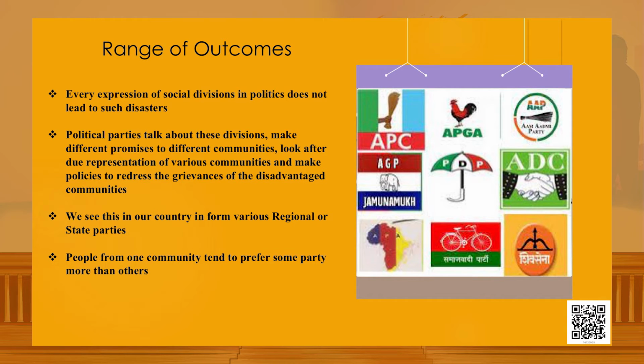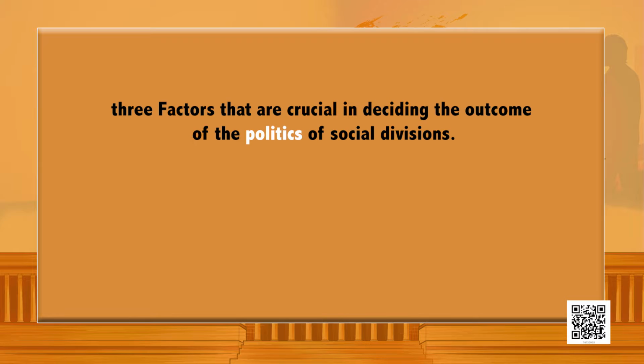People from one community tend to prefer some party more than others. In many countries, there are parties that focus on one community only. Yet, all this does not lead to disintegration of the society. So, you might be thinking, what leads to such different outcomes in different countries? The answer to this question is that there are 3 factors that are crucial in deciding the outcome of the politics